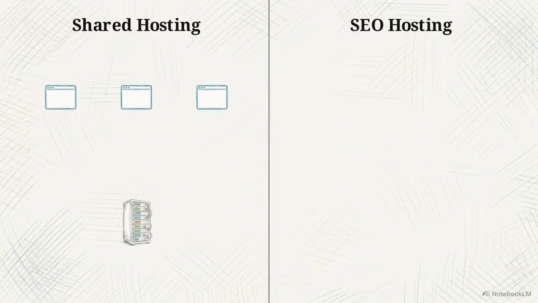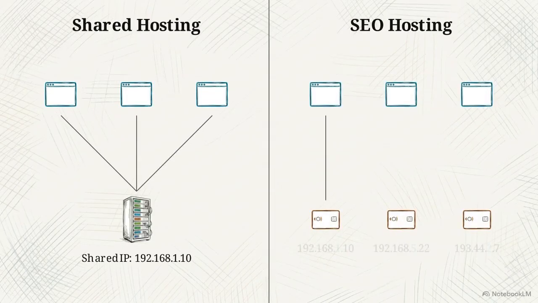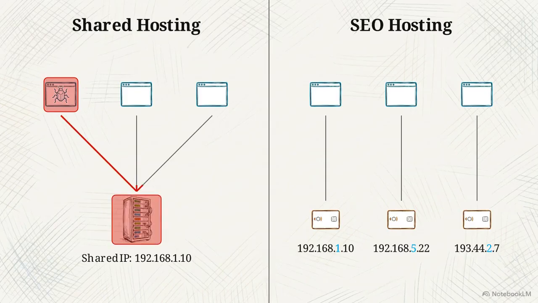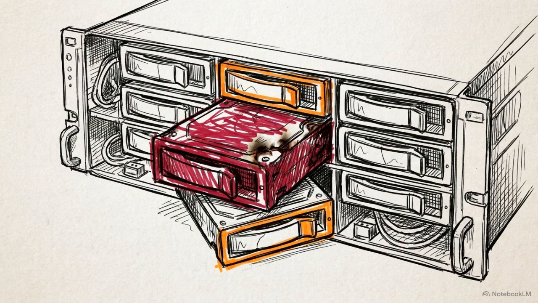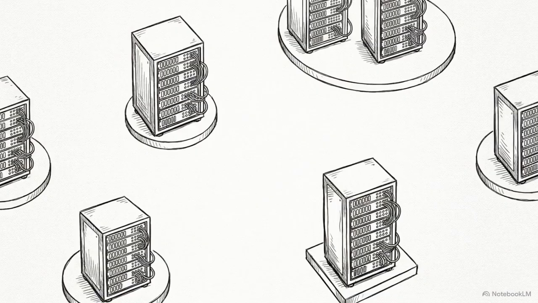The bad neighbor effect happens when crawlers detect independent sites sharing an IP. If one is flagged for malware, it contaminates the shared IP, which suppresses the rankings of your innocent sites. SEO hosting prevents this by giving each domain a dedicated Class C IP. Relying on standard shared hosting means you are tying your reputation to the security and behavior of every other stranger on your server. By separating domains at the structural level, SEO hosting removes the shared server footprint that common hosting